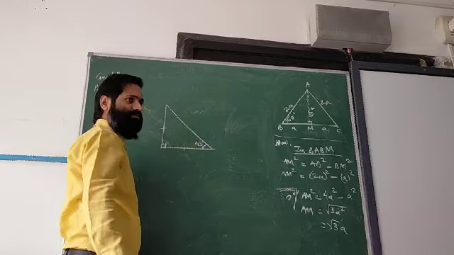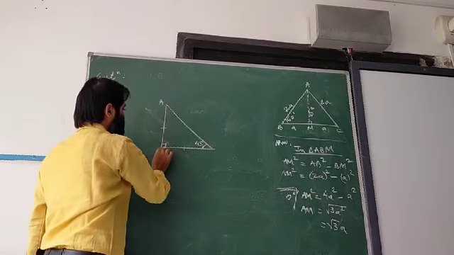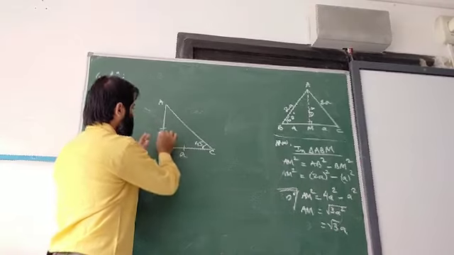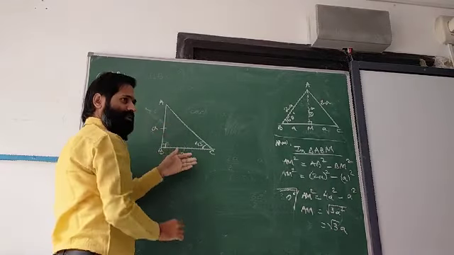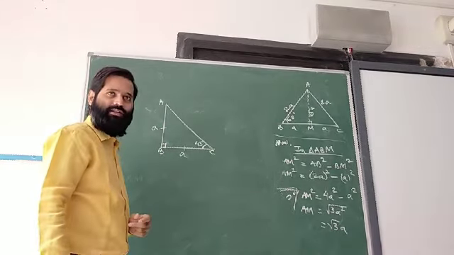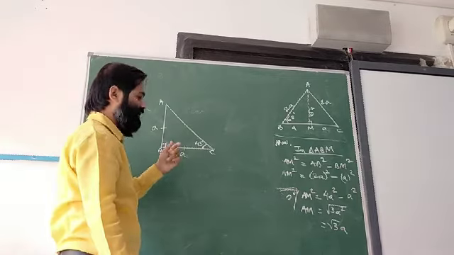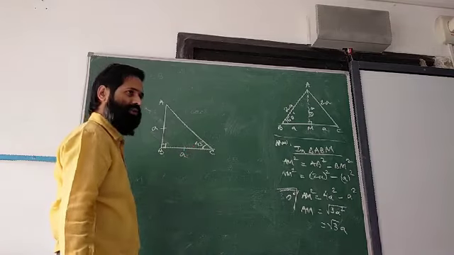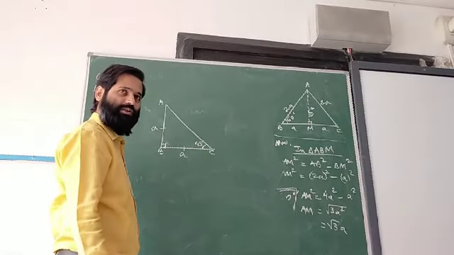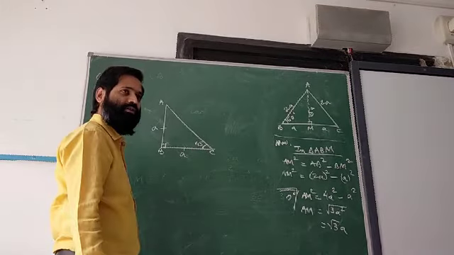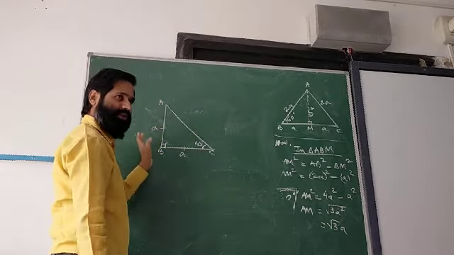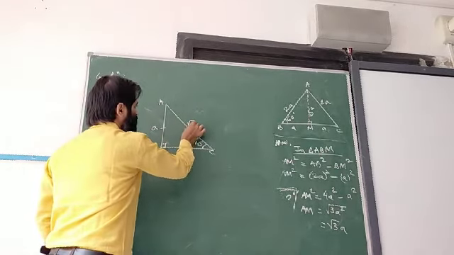Any problem? Let it be A, B, C. Let this one be A, so this will be A because they are equal. You'll say that given ABC is an isosceles right triangle in which AB equals BC equals 2a. And angle C equals 45 degree. Then you will apply Pythagoras theorem in this and you will get this one as root 2a.